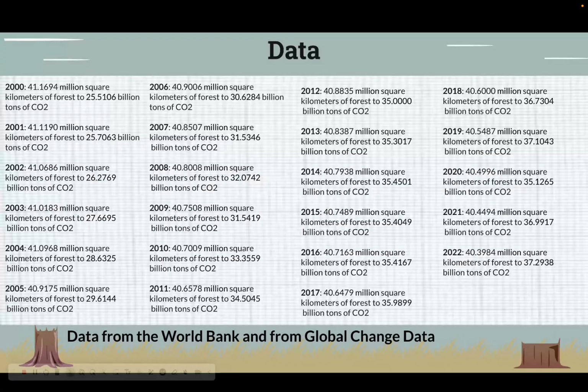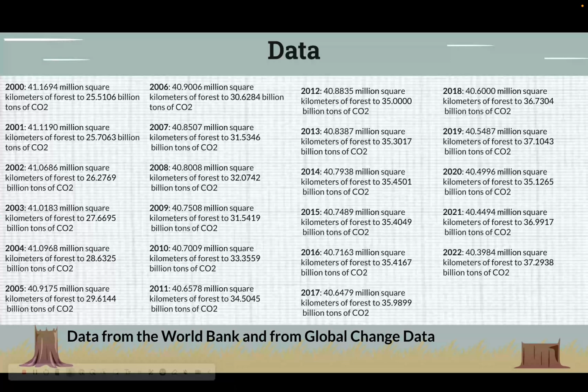I'll be using the same data as I mentioned above, from the sources World Bank and the Global Change Data. The data is quantitative and continuous. The sample is the points 2000 through 2022, which are listed above. The population is all recorded yearly values of CO2 emissions and forest area in the world. And the explanatory variable is CO2 emissions in billions of tons, and the response variable is forest area measured in